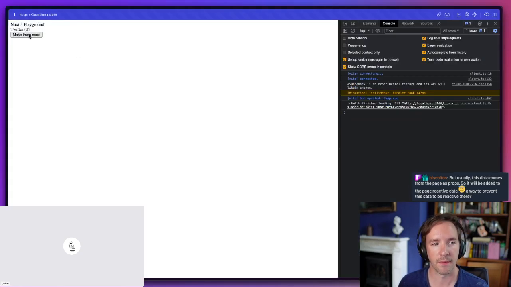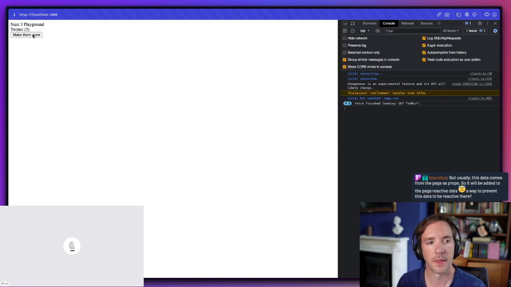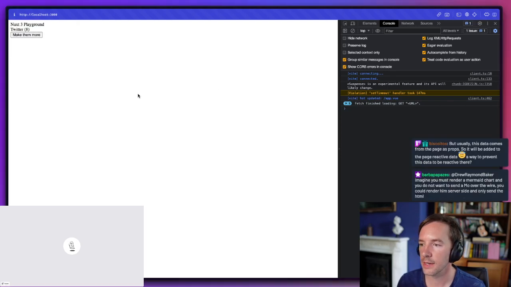And what we should have now is an interactive server component that is actually responding to changes on the client side reactively.